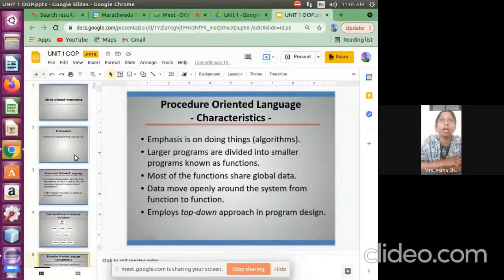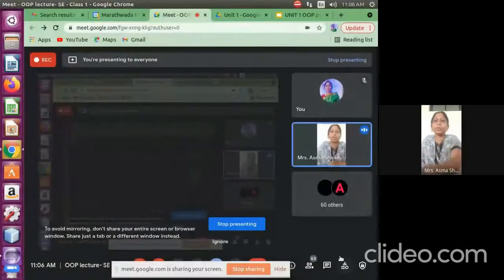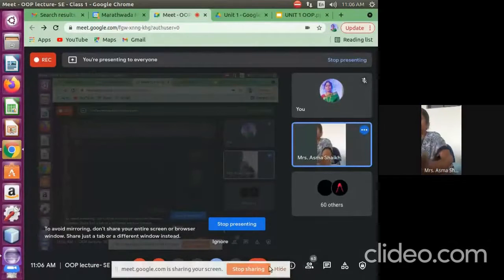If you remember, what is a function? If a similar kind of task we have to create, then what do we do? We create the function and we can call that function multiple times whenever we need it. In a simple way I can show you here in the sketchboard, which will help you understand this much better.